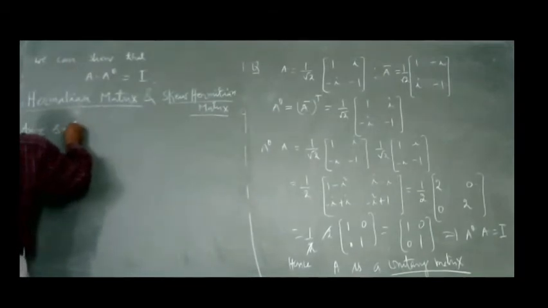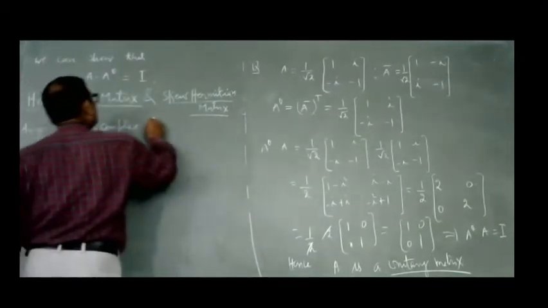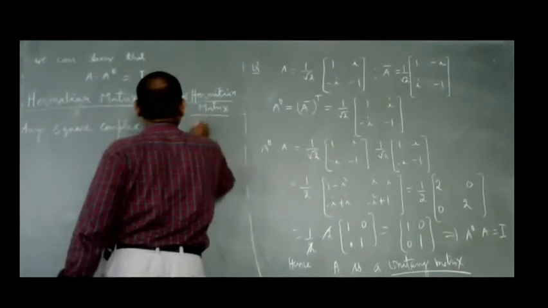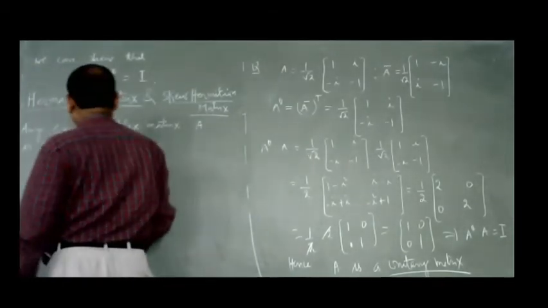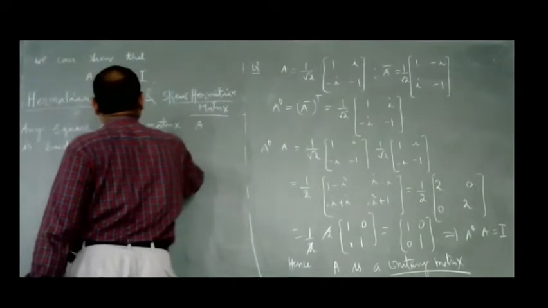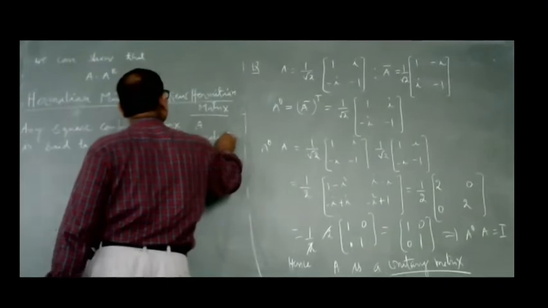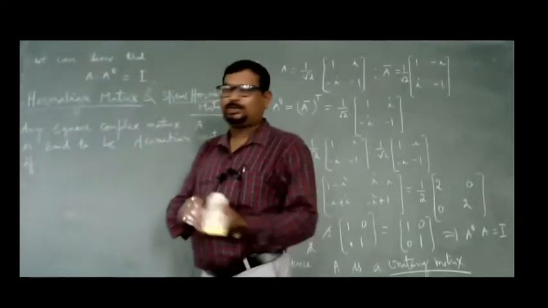Any square complex matrix A is said to be a Hermitian matrix if